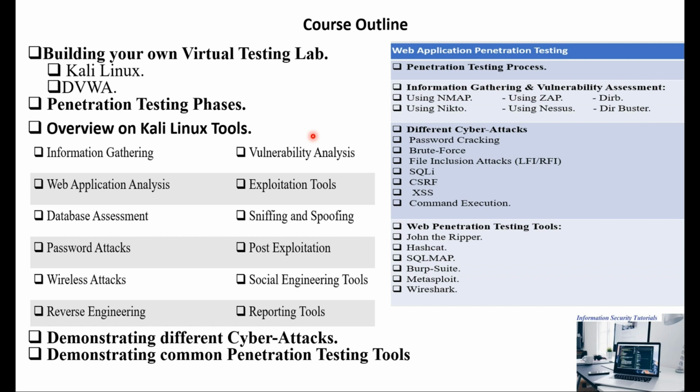Kali Linux virtual machine using VirtualBox, the hypervisor or virtualization software, or VMware, the alternative to VirtualBox as the virtualization software. Then we will learn how to install one of the common vulnerable web applications called the Damn Vulnerable Web Application to learn about and simulate the most common cyber attacks against web applications and